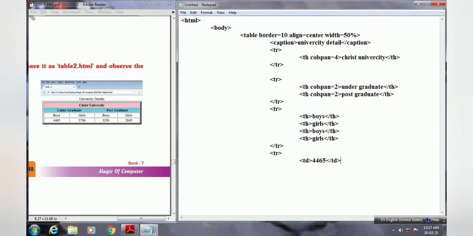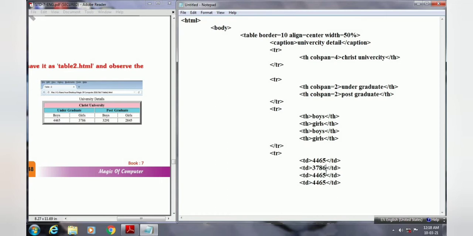So here also I will use copy paste. So select this one, copy. Now take the cursor to a new line, and with the tab key you just come there and Ctrl+V. Here also how many cells are there? Four. So four times we will do this paste operation. And then we will take the cursor there, remove this with the backspace key, and write the other content, the numbers.